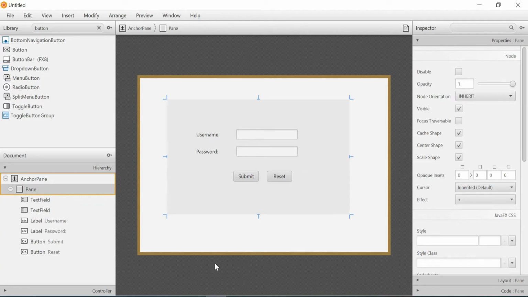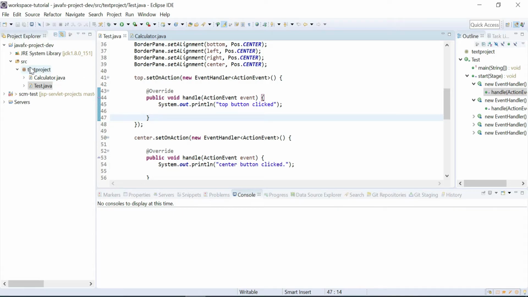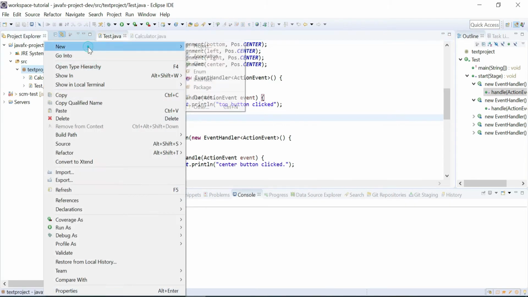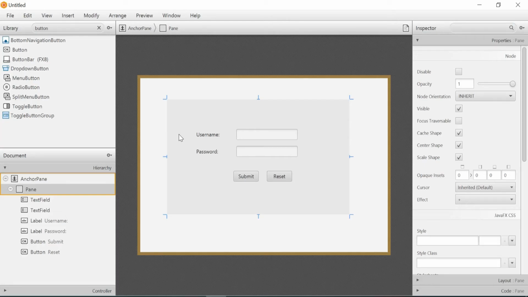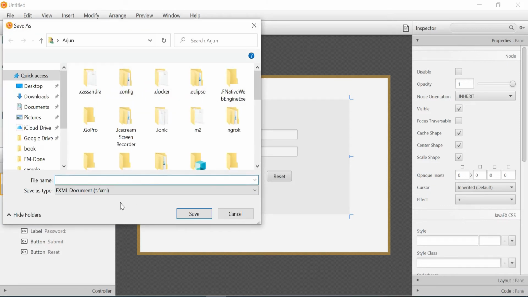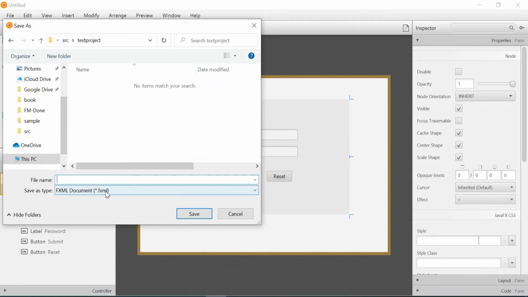Let me save this. Go to your application. Let me take this path. Control S. I will give some name for this particular file: Sample.